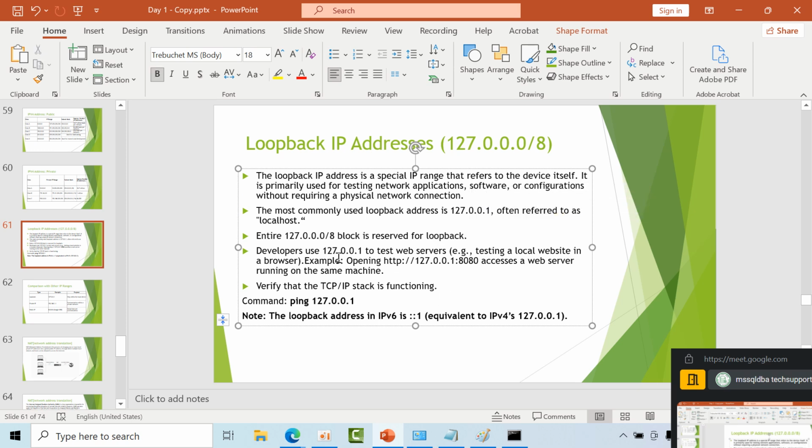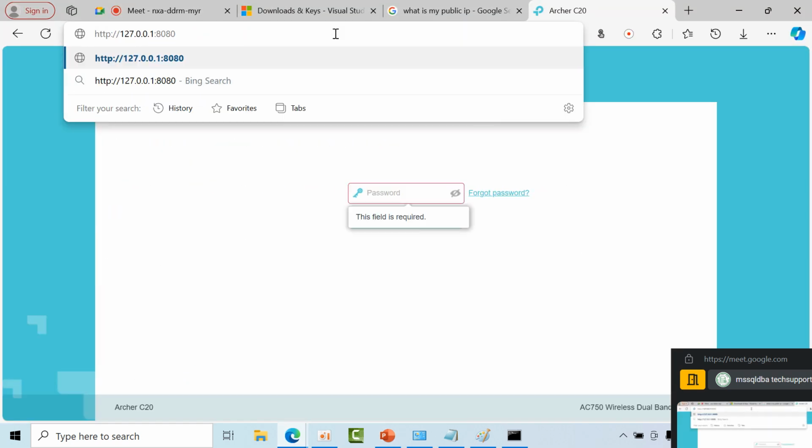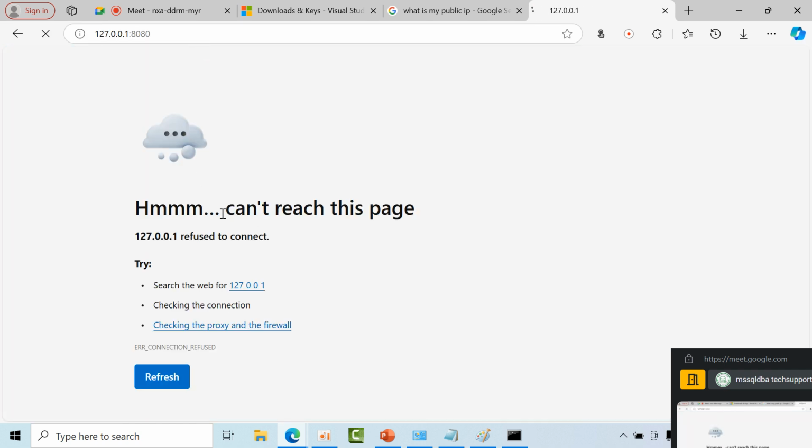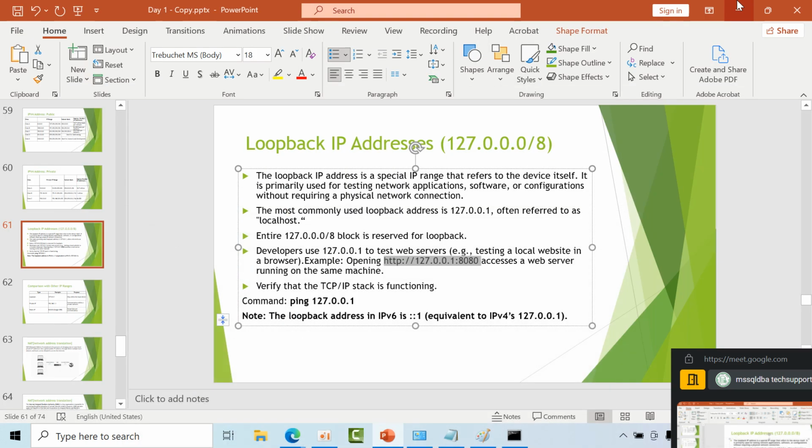Sir, this is not public. This is not private, sir. This is separate. We call it a loopback IP address. Developers use it for testing web applications. Whenever you install any web server, generally you do it like this: the loopback IP address and the respective port number. As of now I don't have one, so you just get an error page. The web page you are trying to access within the local machine, how it looks before pushing into production, you can verify by using the loopback IP address.